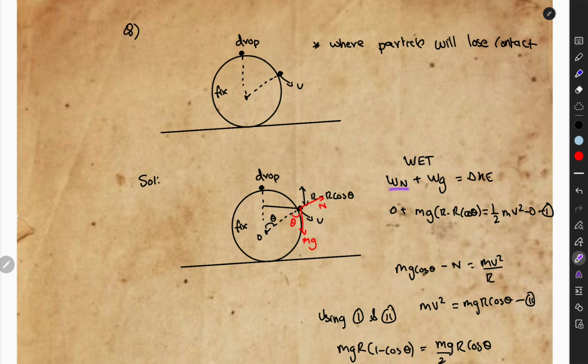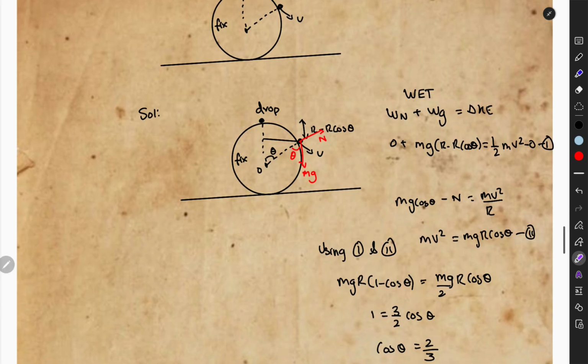So work done by normal force plus work done by gravity is equal to change in kinetic energy. Okay, so what is this? So this is basically r, then this is basically r cos theta, then this is r minus r cos theta. Okay, if you agree with me, then I can write this equation with no confusions, right? So yeah,